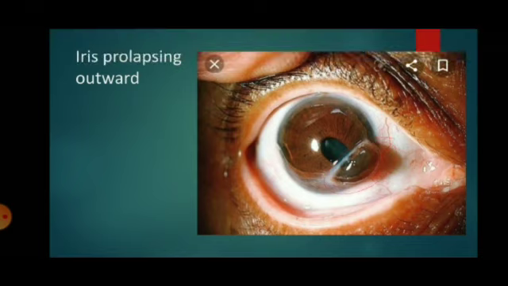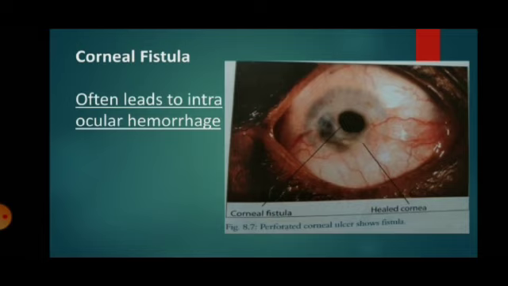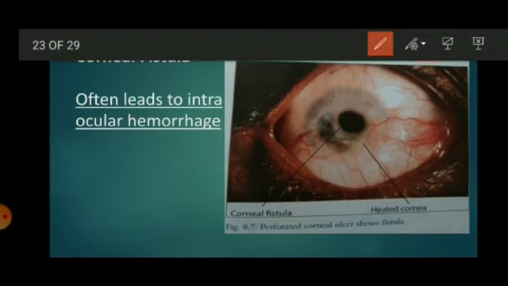Perforation occurs, healing occurs, perforation occurs, healing occurs, due to sudden straining conditions. If the patient is suffering from a chronic disease like cough, sneezing, chronic obstructive pulmonary disease, COPD, or a sudden straining factor like constipation, then these conditions may lead to healing, perforation, healing, but finally at the end there will be a permanent corneal fistula. That may lead to the intraocular pressure falling significantly, so that the choroidal blood vessels will dilate and often rupture and lead to intraocular hemorrhages.